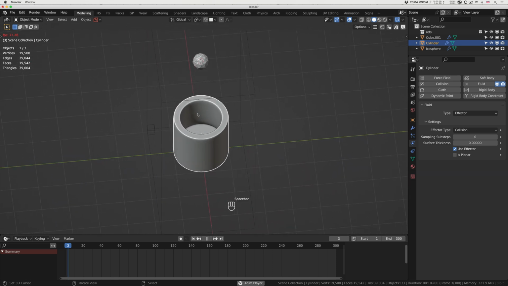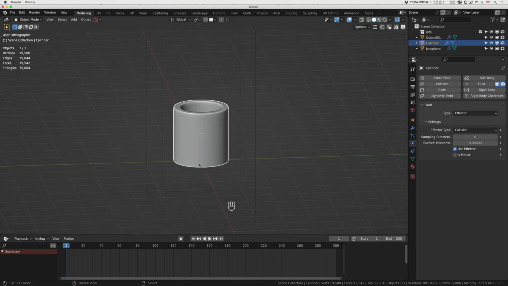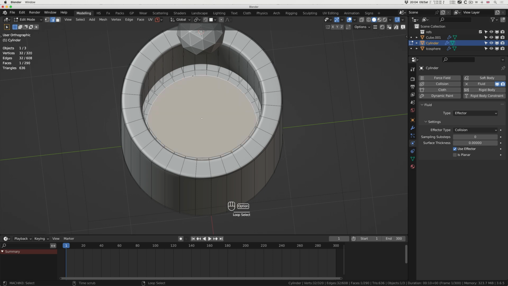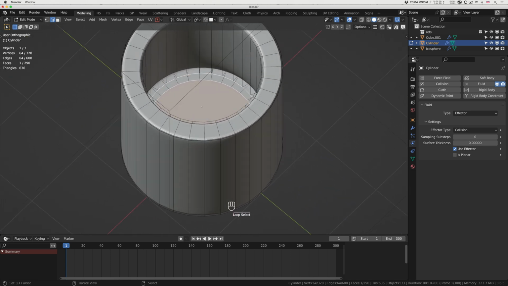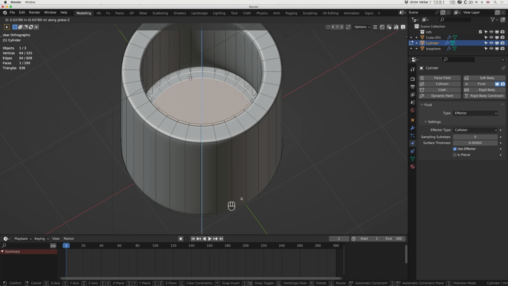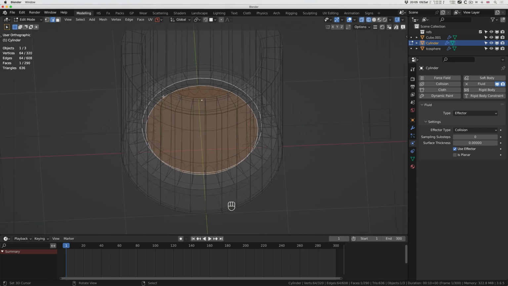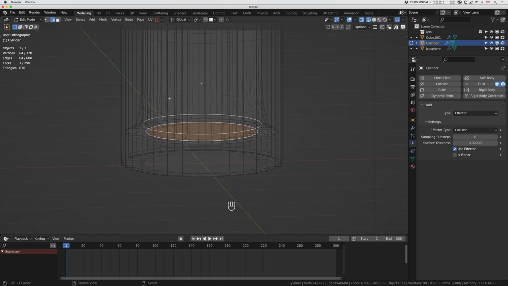And let's see what happens now. Nope, still going through. So that might be maybe the bottom. So let's Tab in, click on, Alt right mouse click, Alt Shift right mouse click. And I think, have I got the right ones? G Z up. I think there's another one there as well. Let's go to wireframe. Bit difficult to see sometimes. And I think I've got,